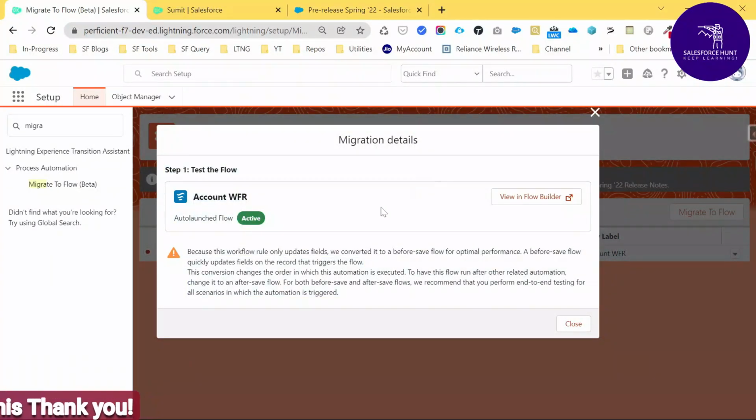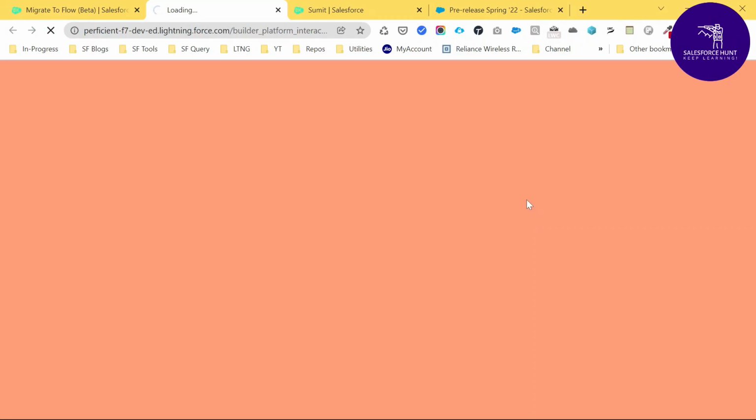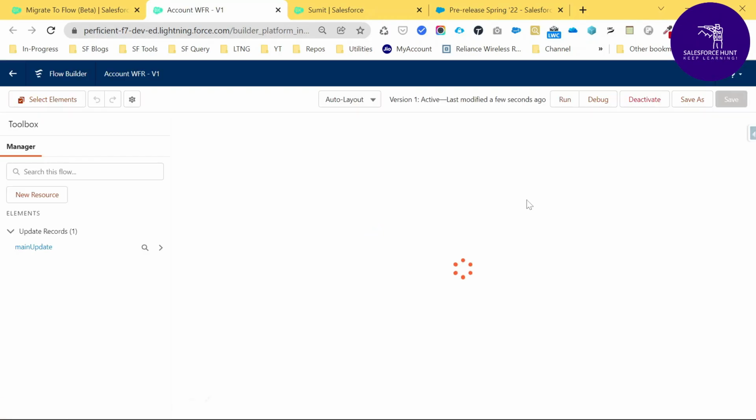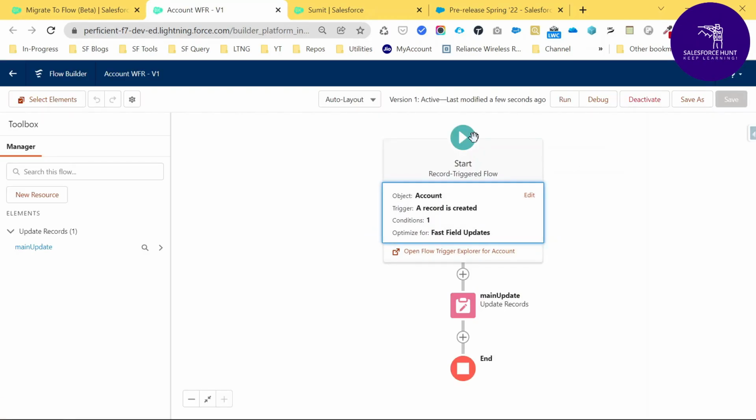So how to check whether this workflow rule is working or not? Just click this View in Flow Builder. And once you click this, you can see my flow is created now as we expect, right? It's always activated here, because of the flow migration process. So how to test it?